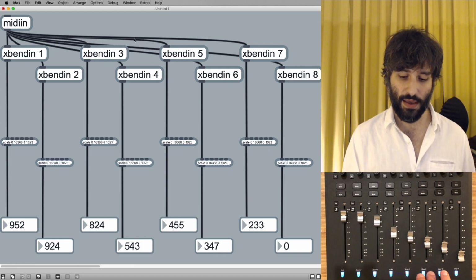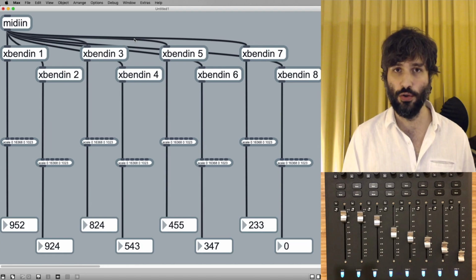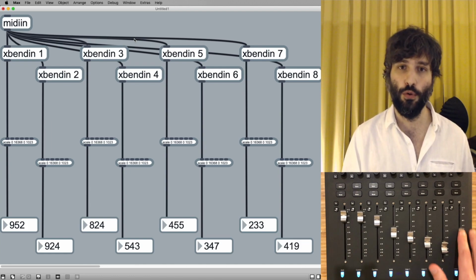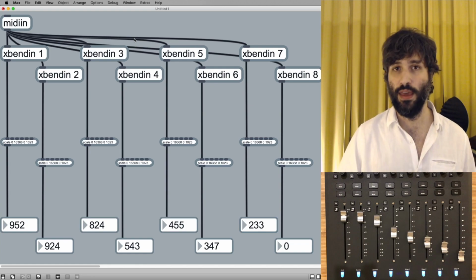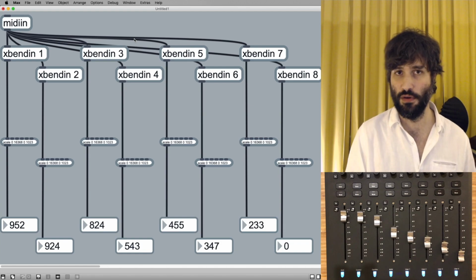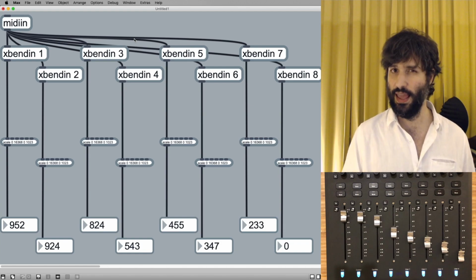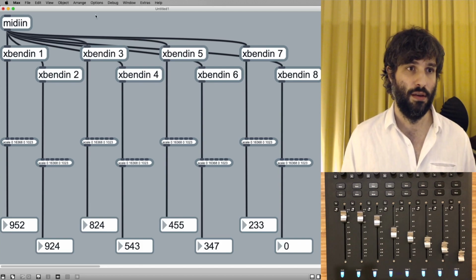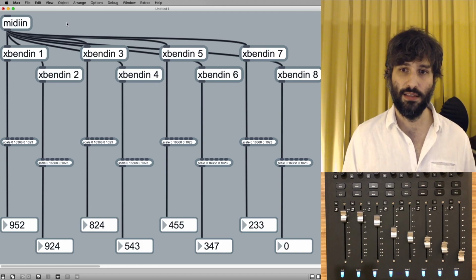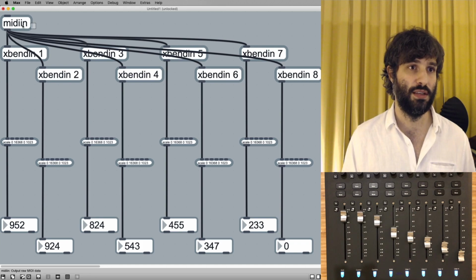I haven't tried sending values to the fader to make them move. So if you have some other things changing the value of whatever the destination of the fader is, and you want the fader to reflect that, I think it can be done with the MIDI out object, but I haven't tried it. And one last thing that might be useful to you is this.